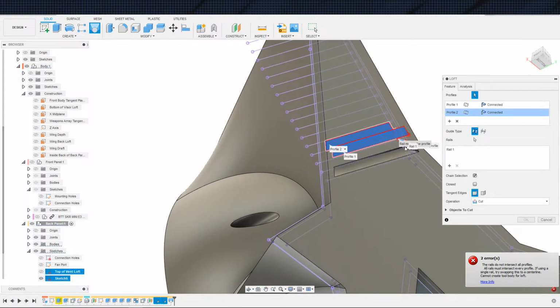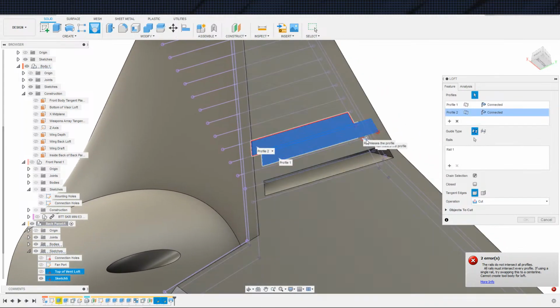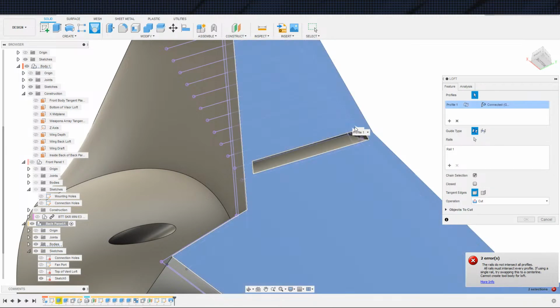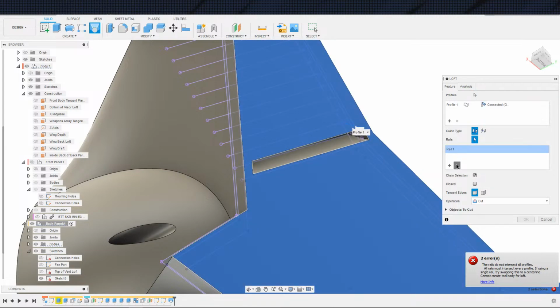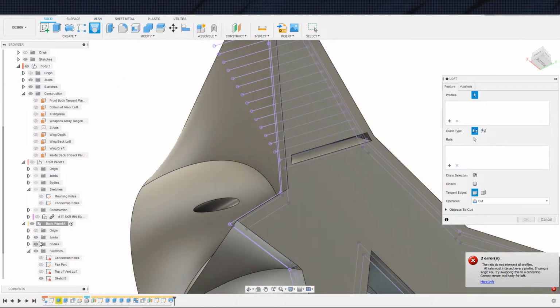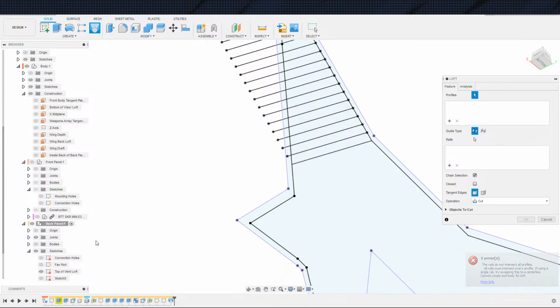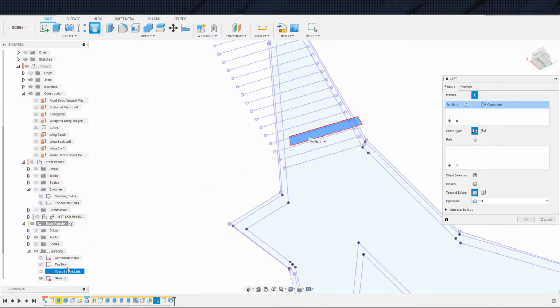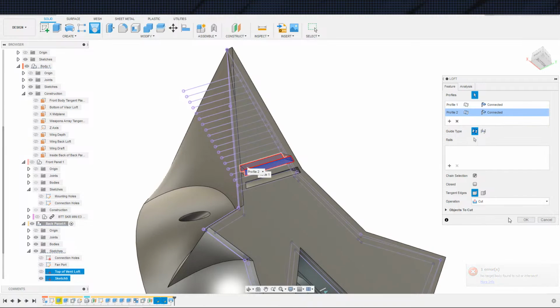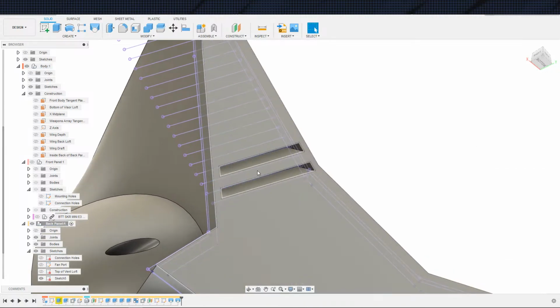Fascinating. Oh, did I select this line right here somehow? Let us delete. Yeah, what's this rail here for? Delete this rail. Delete that. Try again. Top. 1, 2, 3. 1, 2, 3, 4. Hit the body. Hit OK. And what I wanted to check was...